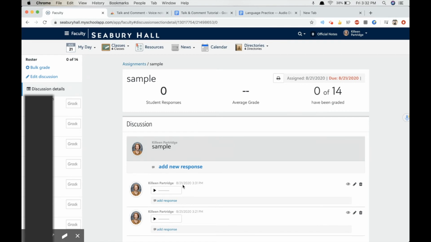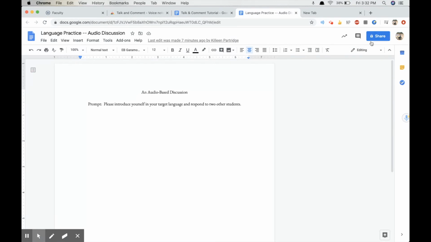Now, if you don't have Blackbaud, the other workaround would be to create an audio discussion page in Google Docs. Make sure all your students are added, and have the prompt: Please introduce yourself in your target language and respond to other students. And then they would come here and go,